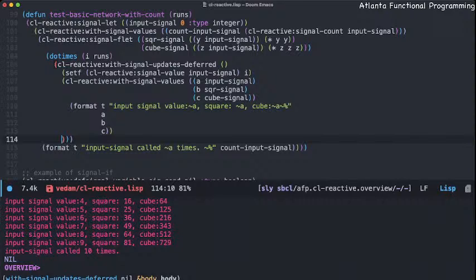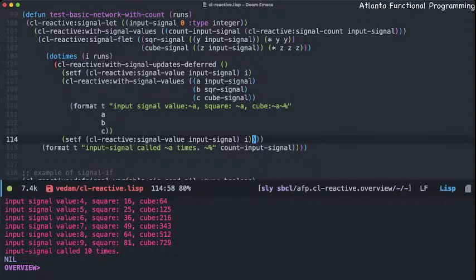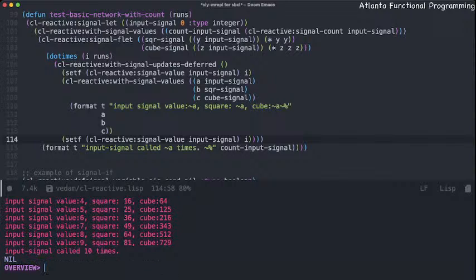If I do one more time the same set, so I'm setting it twice in here, I'm expecting it to do it. It should not trigger it. It should only count it to be 10 times still. But we will see what happens. Yes, it only counts it 10 times. So you see here, what's happening behind the scenes is it's only triggering and counting